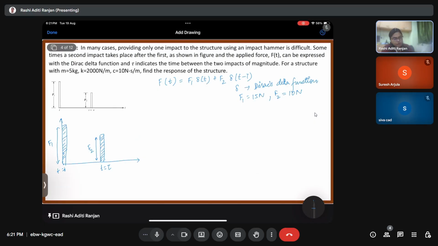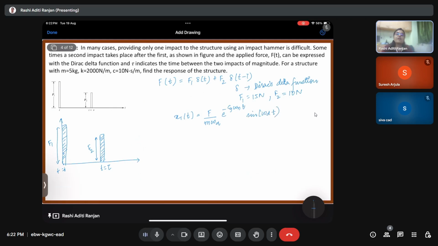So we already know the solution, which was of the form x1 of t, which was of the form F by m omega d e to the power minus eta omega n t sine of omega d t,